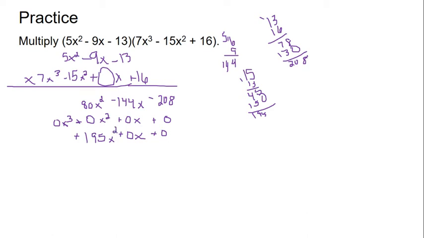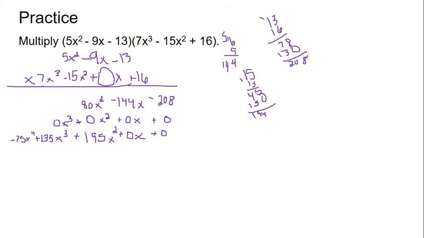Negative 15x squared times a negative 9x, we get an x cubed. And then since it's a negative times a negative, we're going to have a positive. And then 15 times 9 gives us 135. And then negative 15x squared times 5x squared. So we got a negative 15 times 5. So remember x squared times x squared is x to the fourth,